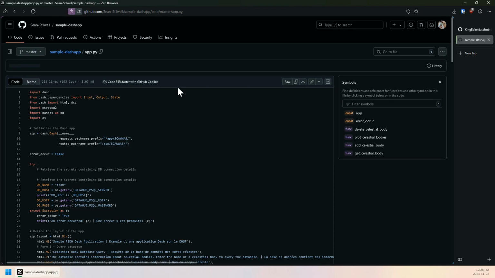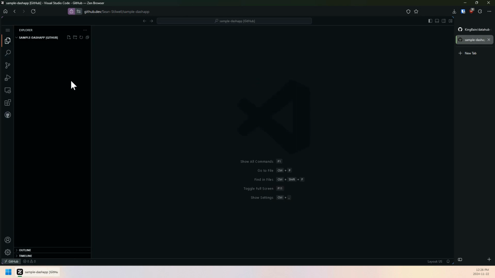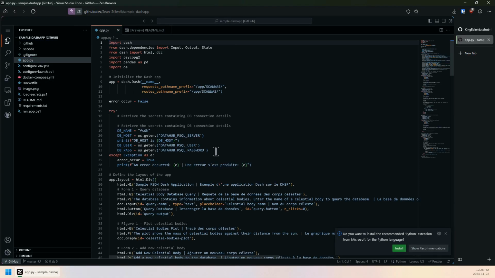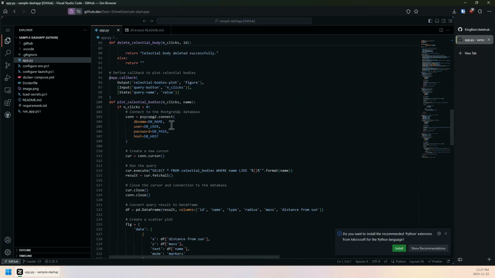Let me just use the editor. So I'll just press period, open up the web editor, and make it a little bit easier for us. I'll just wait for this to load up. So come on, it's a Dash app. It's nothing super amazing to it. That opens up